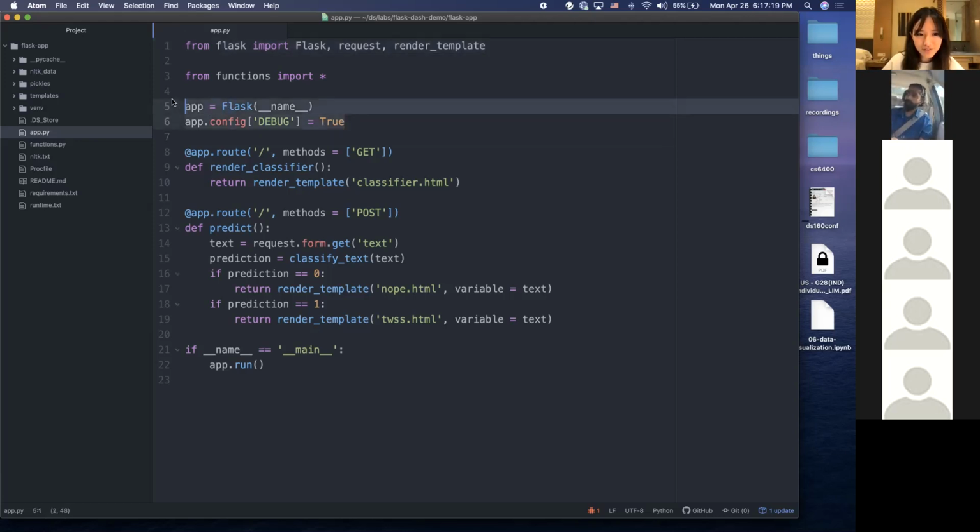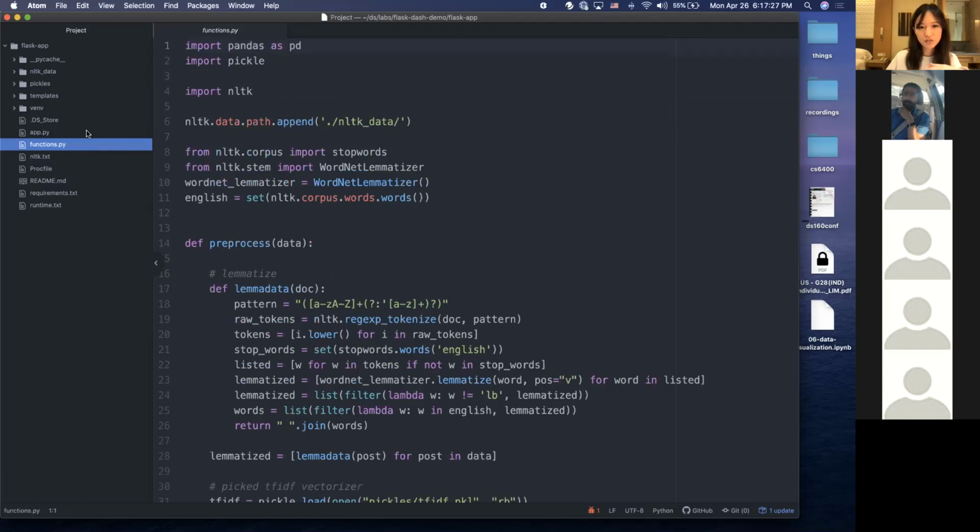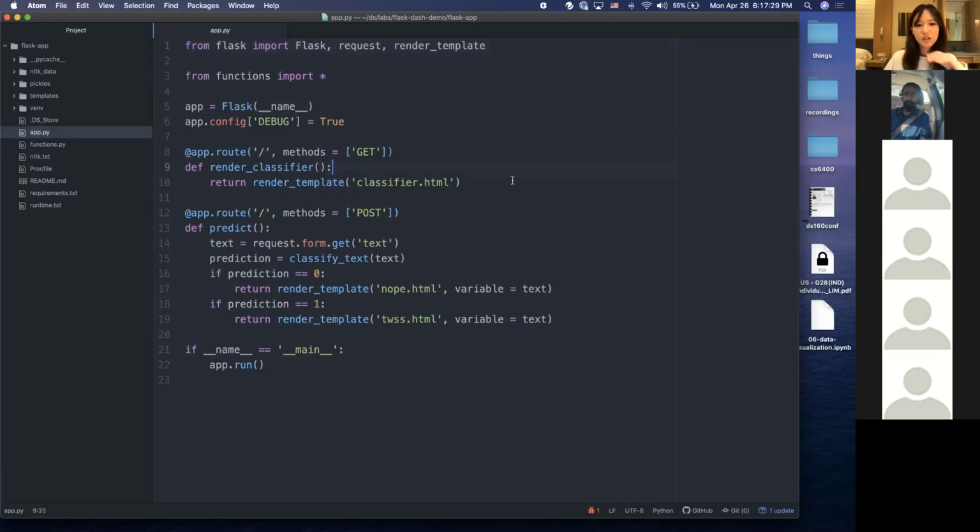So what this stuff is, I'm honestly not sure either, but just have that there. And as you can see here, I'm importing my functions, and I have a functions file here, which I'll walk through in a little bit. What each of these are, as you can see, whenever you have a